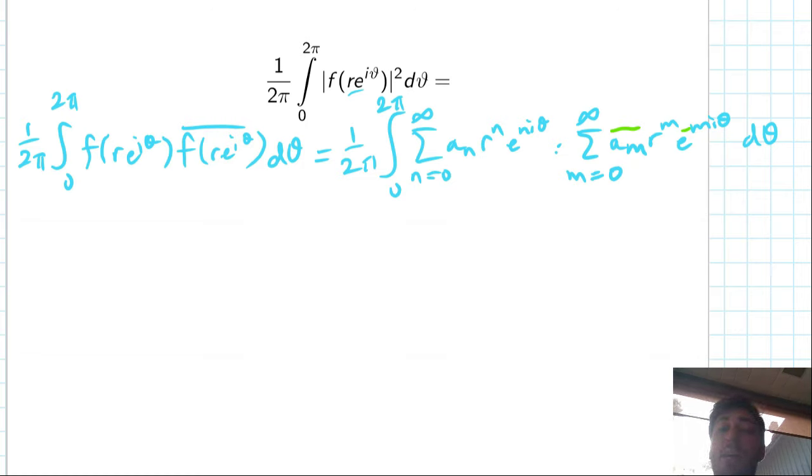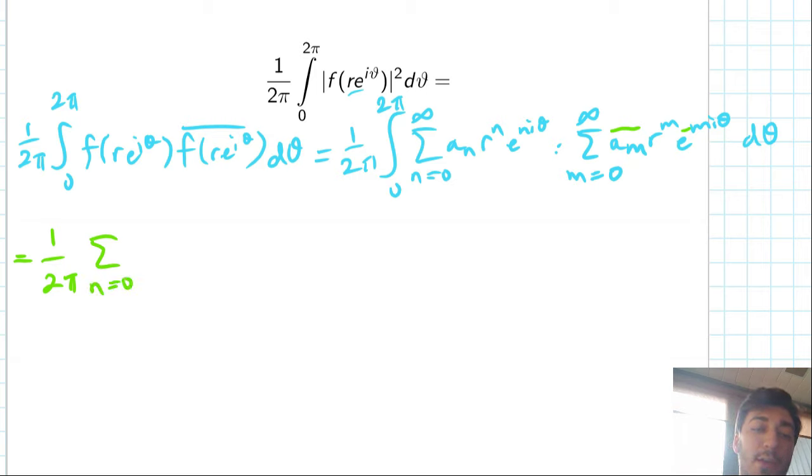Well, we can bring them outside of the integral so long as they don't have a theta term in them, right? Because this integral is with respect to theta. So let's write that out. It's still going to be kind of messy, but let's just trust in the process for now and see